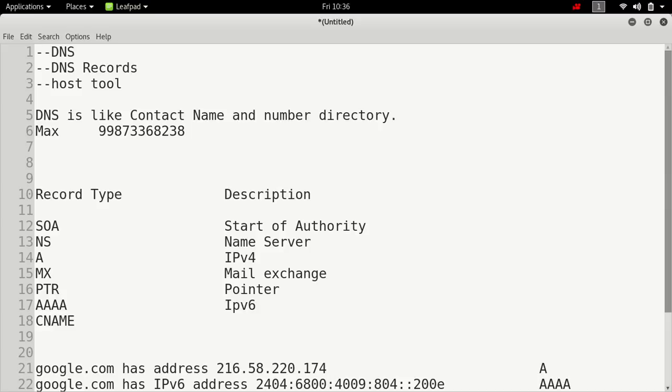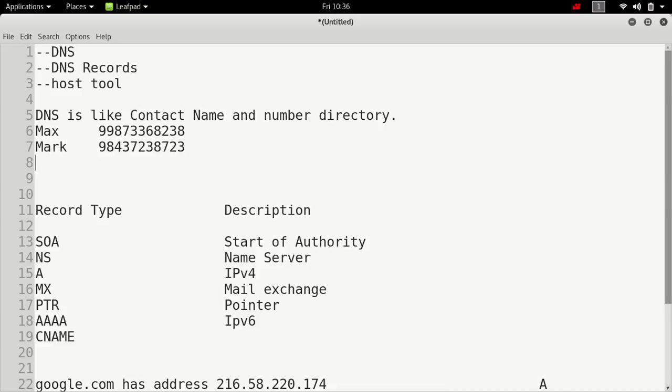Suppose you have hundreds and thousands of numbers, it would be very difficult to remember all of them. So a contact book or phone book is provided to save all the contact numbers using a name. A DNS directory or DNS server is like this.